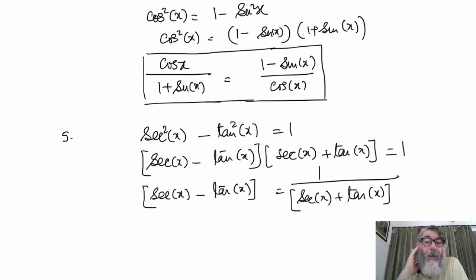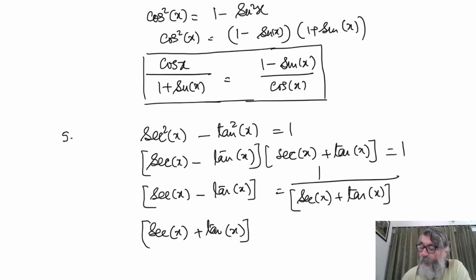How do we find the reciprocal? If the product of the two numbers is 1, then they are reciprocals. We can see sec x minus tan x into sec x plus tan x is equal to 1. So we will be using this again. Wherever we see sec x minus tan x, we can think of writing 1 upon sec x plus tan x if something is cancelling. Or if I have got sec x plus tan x, then I can always write it as 1 upon sec x minus tan x.